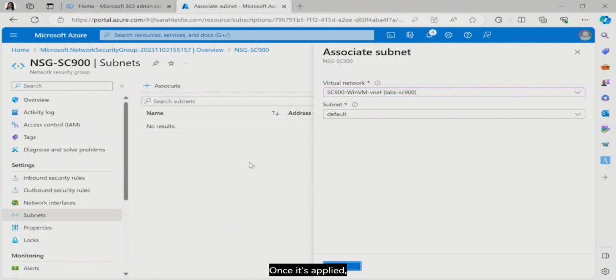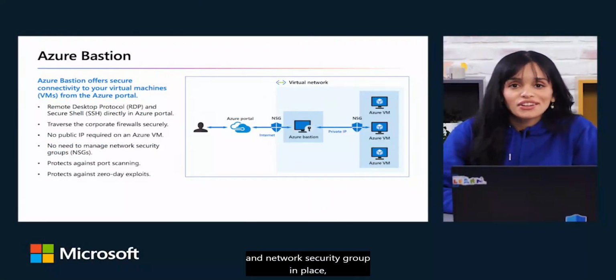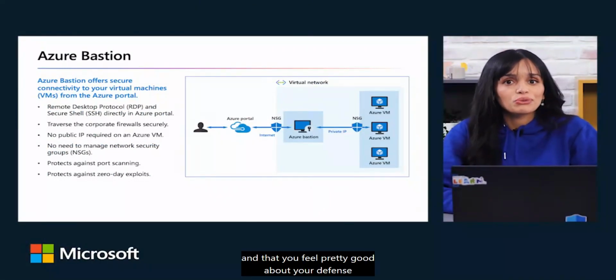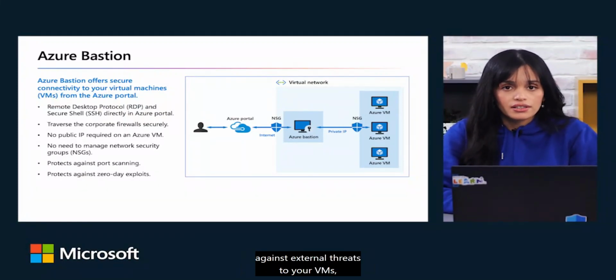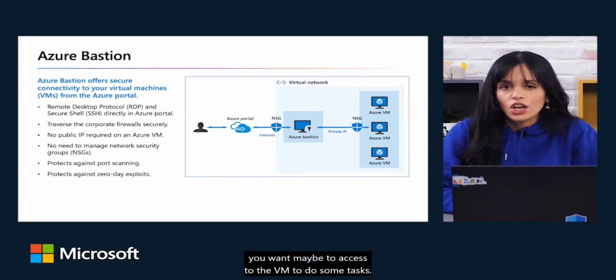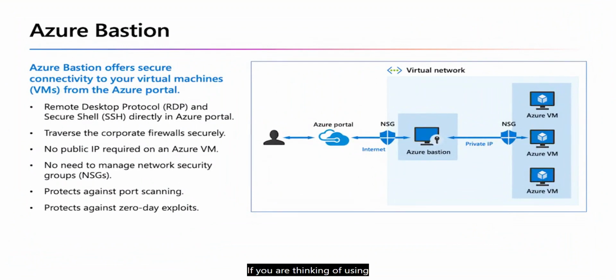Once it's applied, I will be able to RDP into my VM and access my VM. Now that you have got your firewalls and network security group in place, and that you feel pretty good about your defense against external threats to your VMs, you maybe want to access the VM to do some tasks. If you are thinking of using remote desktop protocol and SSH ports, you have just exposed yourself to different kinds